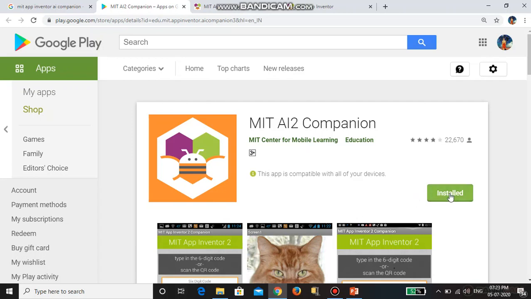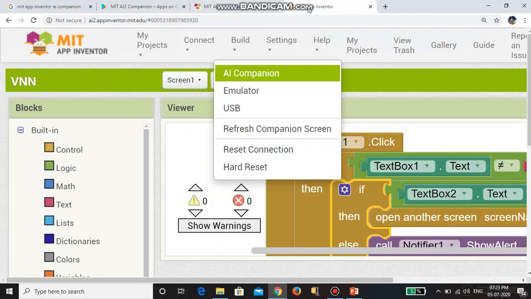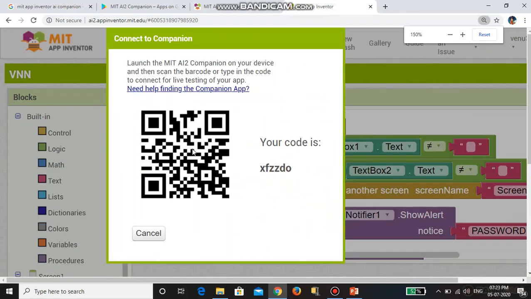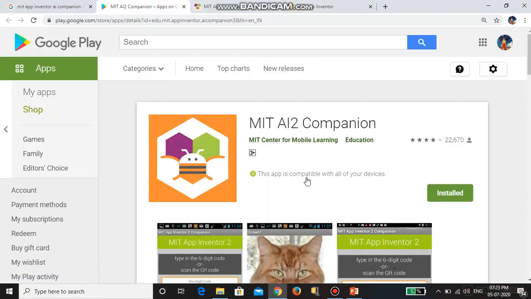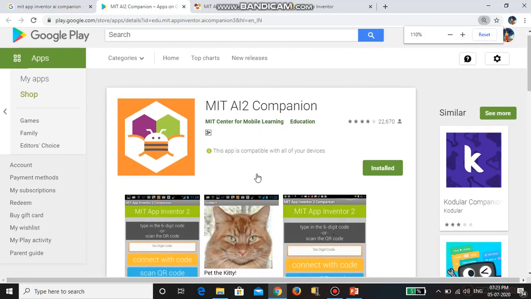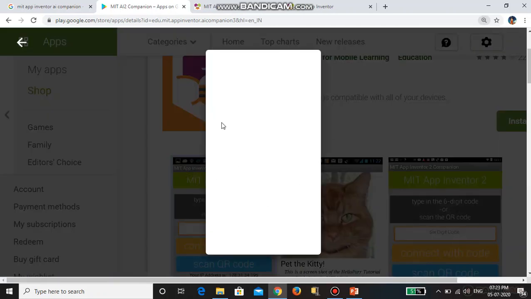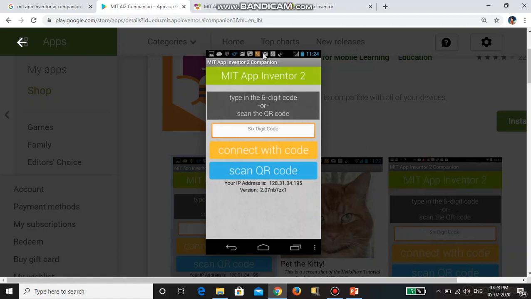You install this one; click here in the smartphone and it will get installed. After that, you open the AI companion app, and the screen will be like this in the mobile phone.